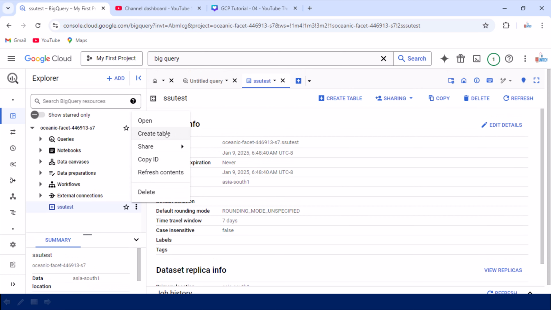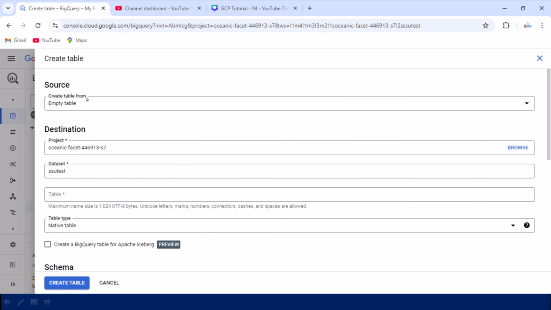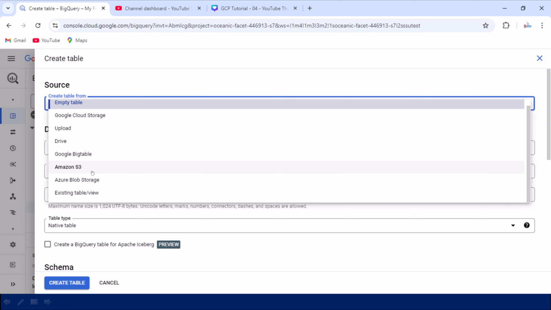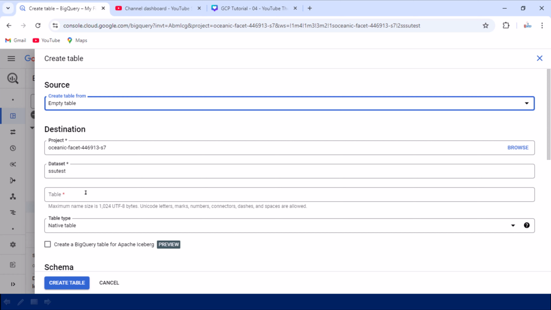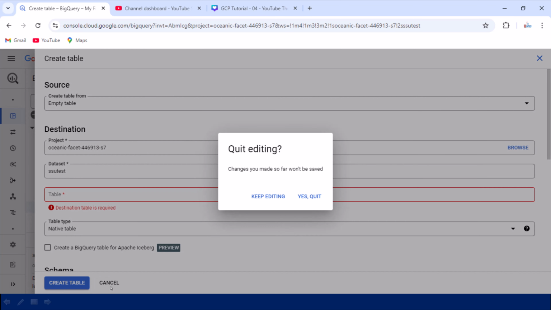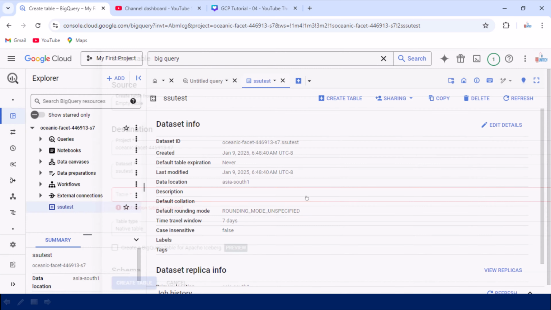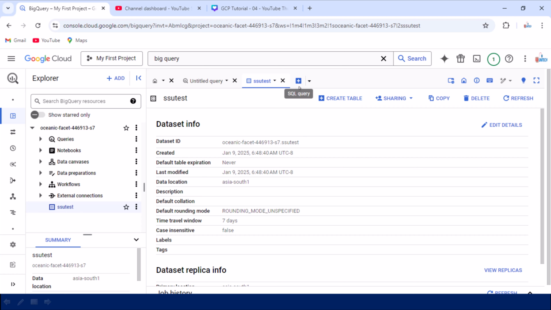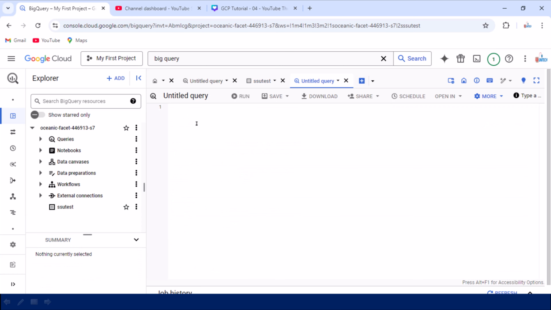Either we can create the table by using this create table option, where we specify where we want to create the table from, what the table name is, and all the information, and the table will be created. But if you want to create the table by using a query, you can click on this SQL query, and after that we can simply write our SQL query for creating the table under this SSU